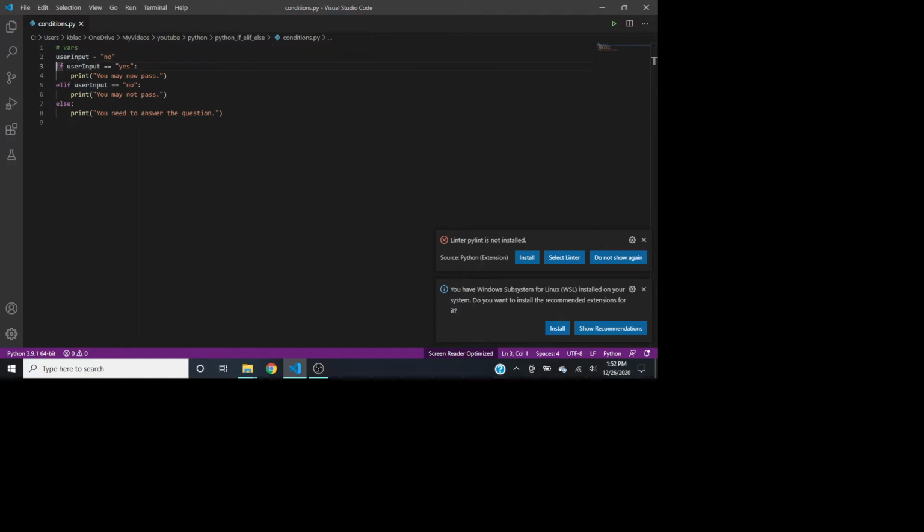If user input equals quote yes quote colon. So now we're going to start our condition. So again, we're going to have an if, an elif, so that's E L I F, and then we're going to have an else. So first we type if user input equals quote